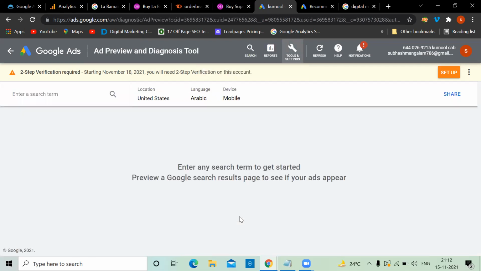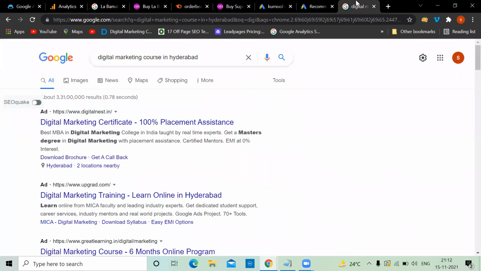Your ads are live, but how do you check where your ad is appearing? How will you check, Shashi, whether your ad is appearing or not? You will search on Google, right? Yes, sir. But most of the time when you search on Google, unnecessary impressions happen. You're not clicking, so your click-through rate will come down.